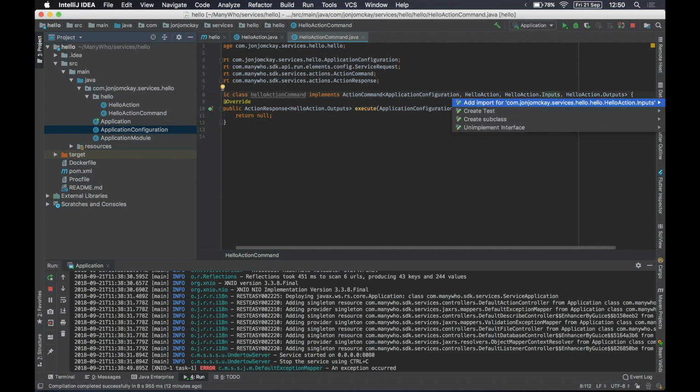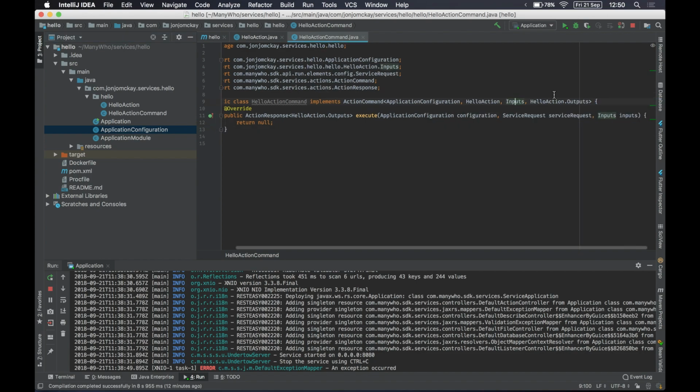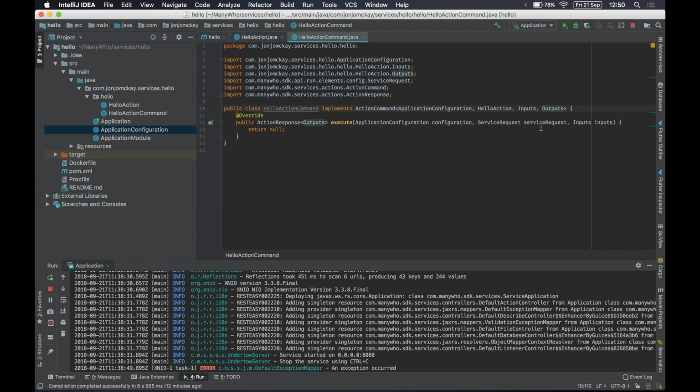I like to import these as static imports, like this, and change this to request, just so that it all fits on my screen. Cool. So now we have a nice little frame for our action. So let's make it send back our nice little hello message. So in here, I'm going to create a new string